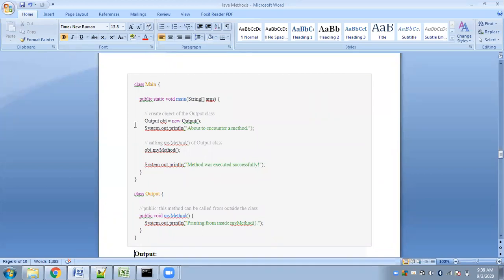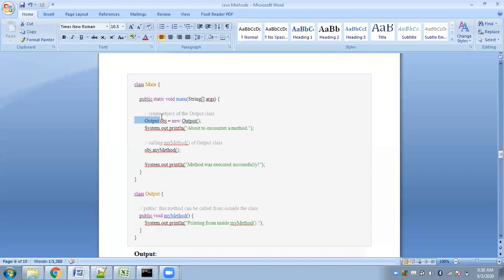Again, it is nothing to worry about. It is very simple. As we know, program execution will begin from main, so of course it will start from here. But there's one thing. Since the main method will be calling this function, and this function does not belong to the same class, it belongs to some other class, so that the main method can call this method, we need to create an object of this class inside the main method.